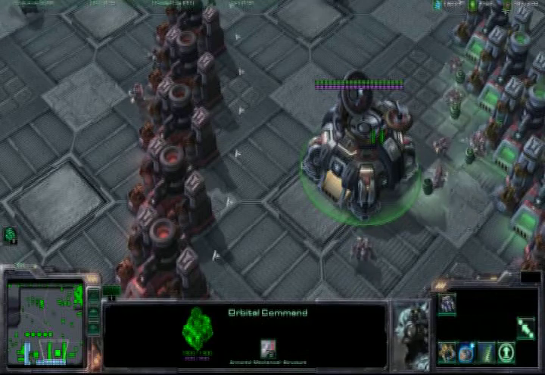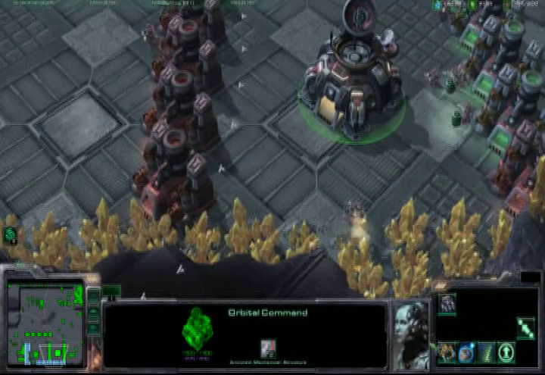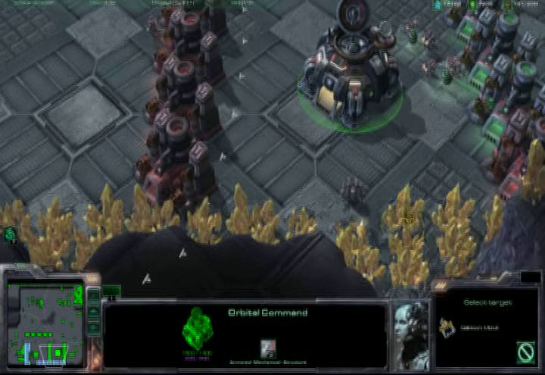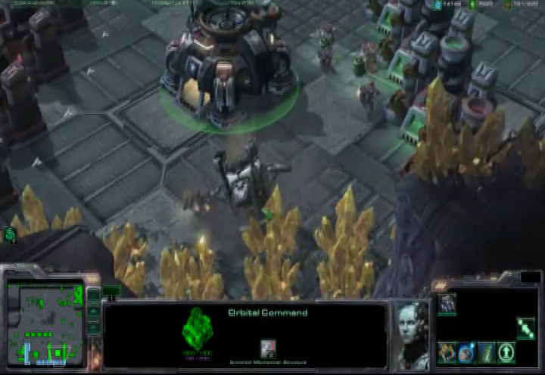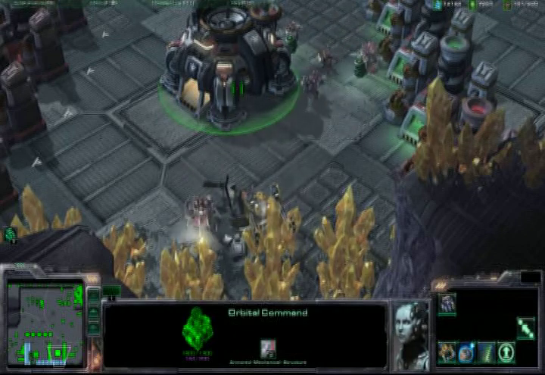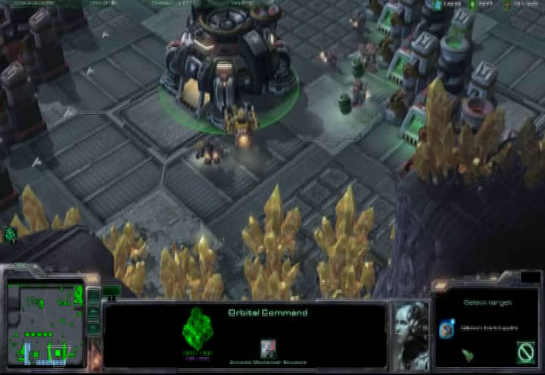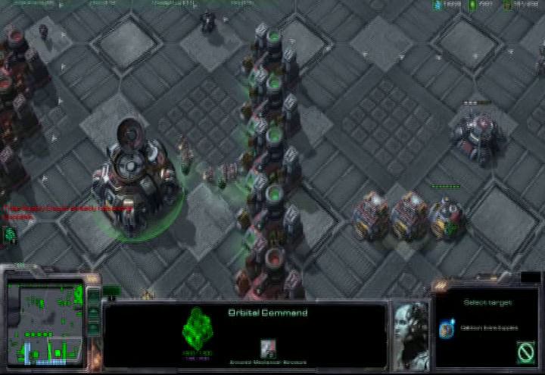Orbital command, however, can lift off the ground. It is not a stationary thing. Cool little features with orbital command is you can drop something called a mule on top of a mineral field. And it doesn't last very long, only lasts a couple minutes, but it collects more and faster than SCVs. Another thing you can do is something called extra supplies. You drop it on a supply depot,